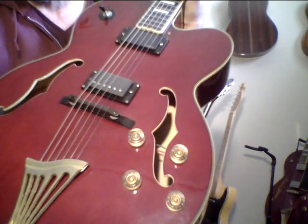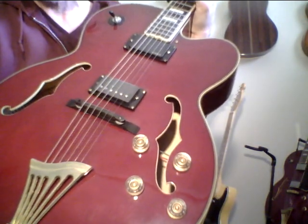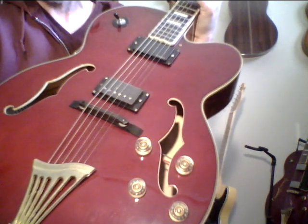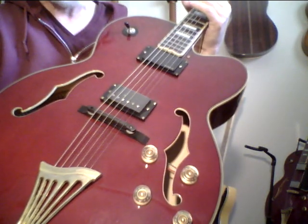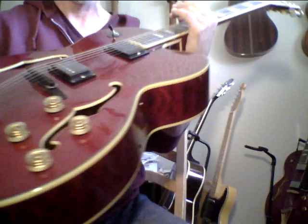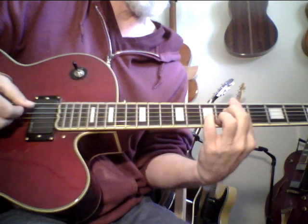This guitar is $649. That includes a new gig bag. If you want a case, cases for 17-inch wide guitars are not cheap. I've got a used case I can do for another $100. But yeah, this is really a lot of guitar, a lot of value. There's no reason to go out there and spend 8, 9, 10 grand on an L5. I mean, some of them are nice, but